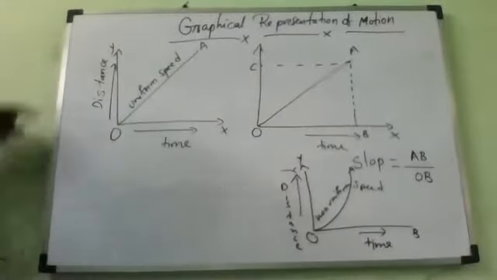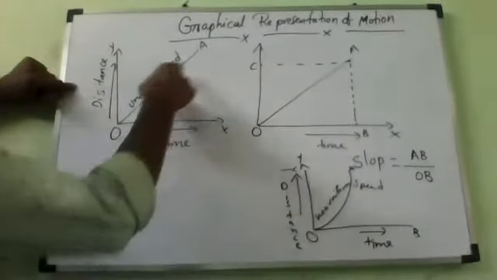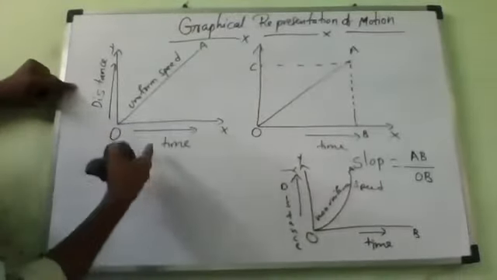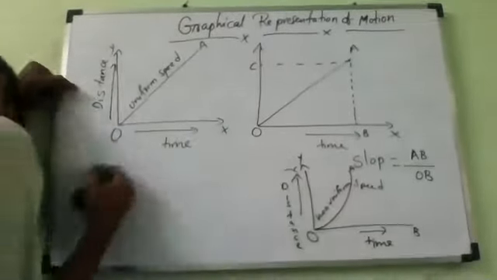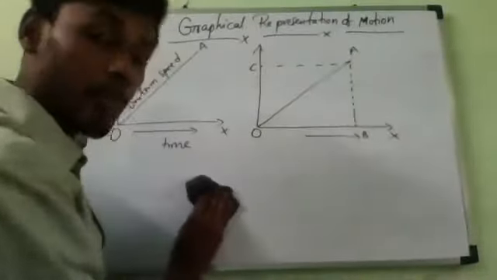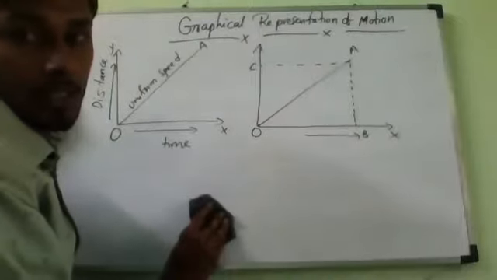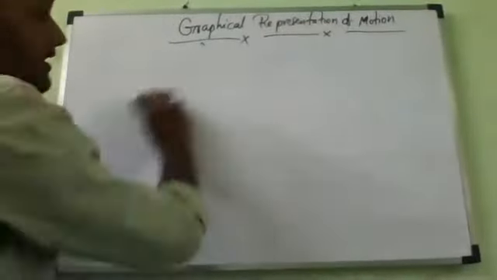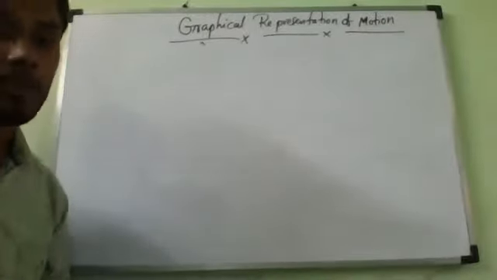Now, this is what you see. This is the distance and time graph, so what is it giving? It is giving speed. As well as if I draw the graph between speed and time, then what will it give? Distance. That's all. That is only what you should know, right?